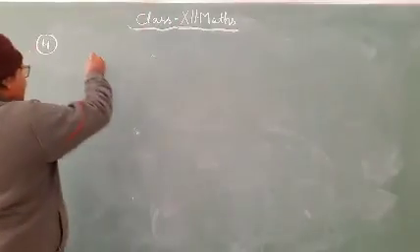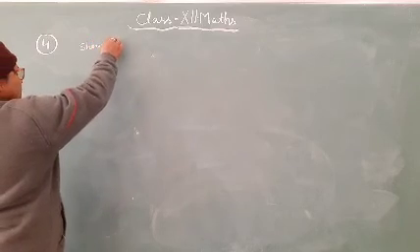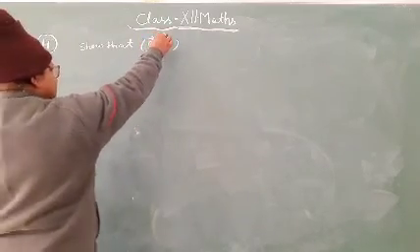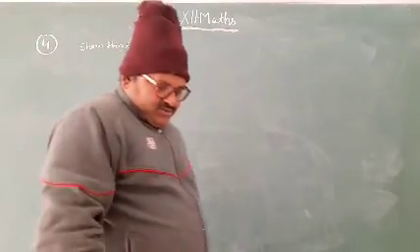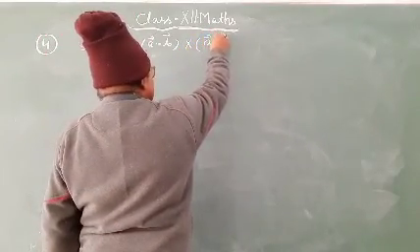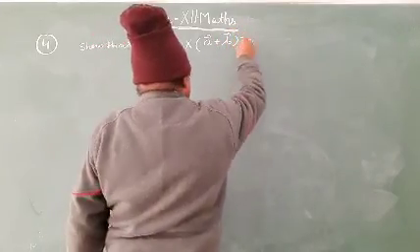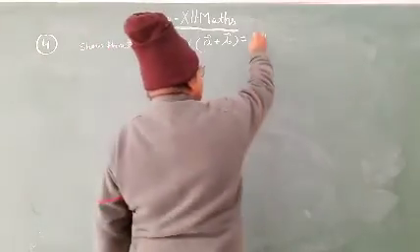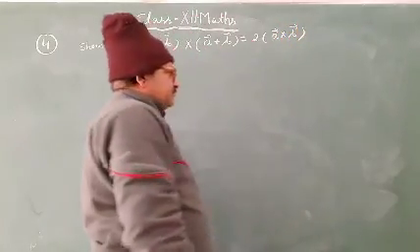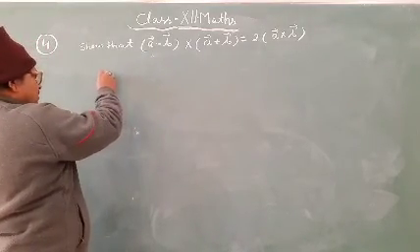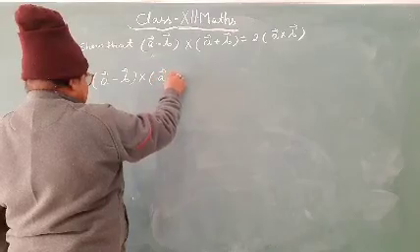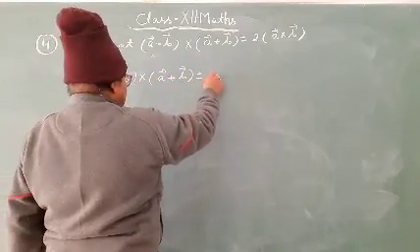Show that (vector A minus vector B) cross product (vector A plus vector B) is equal to twice of vector A cross vector B. Now, (vector A minus vector B) cross product (vector A plus vector B) equals vector A cross